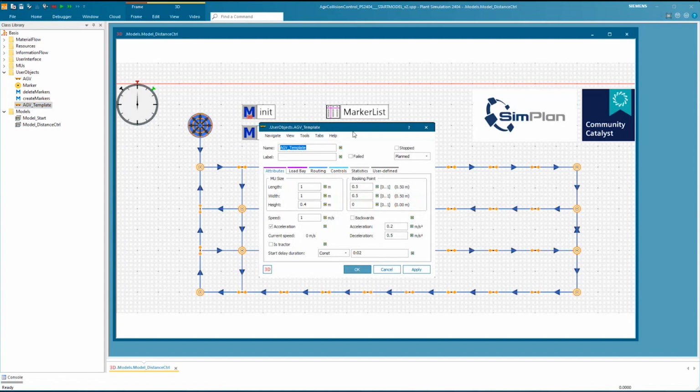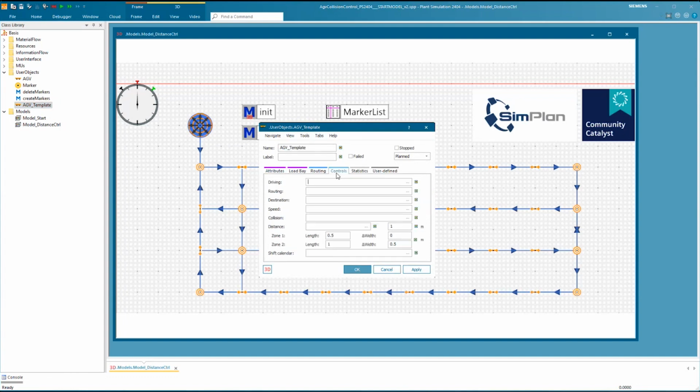When we go into this AGV class, on the controls tab you have these zone settings, which I have already prepared in this model. And here you can define various control methods. The one that we are interested in here is actually the distance control. You can create a control here by using create control or by pressing F4.